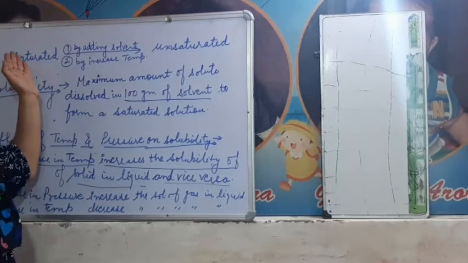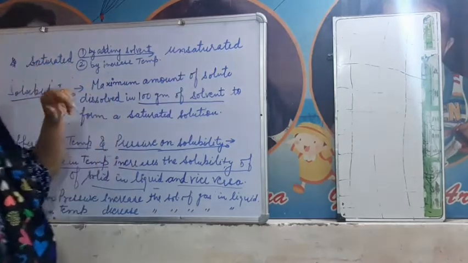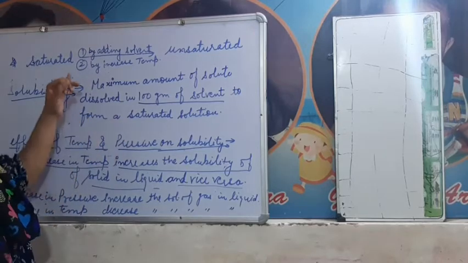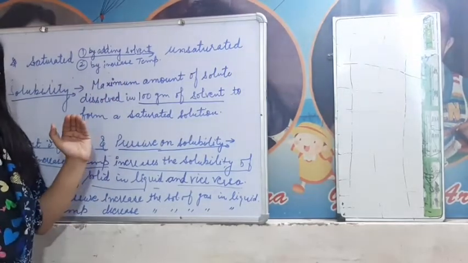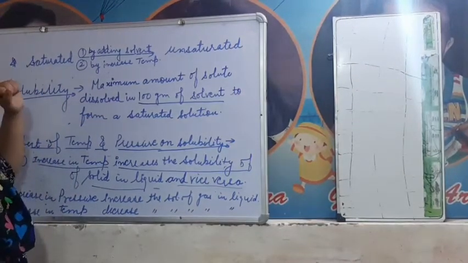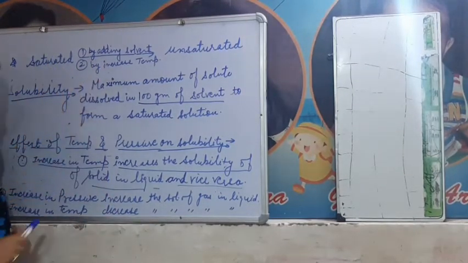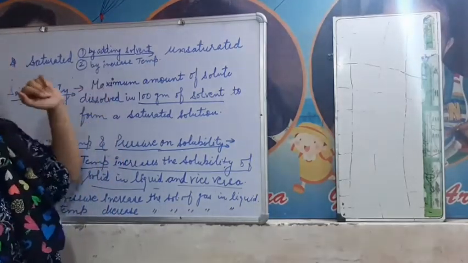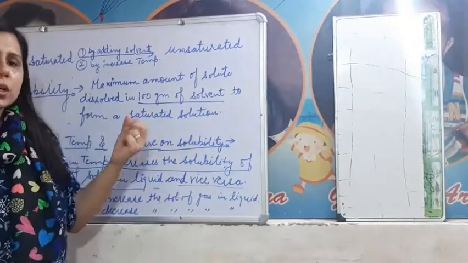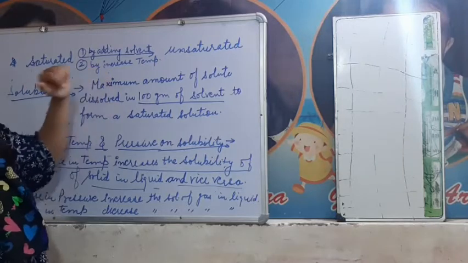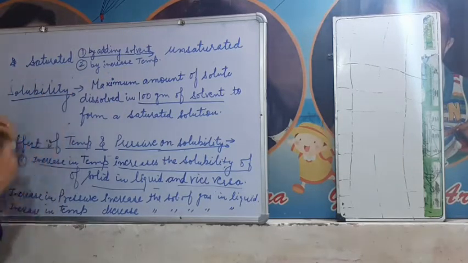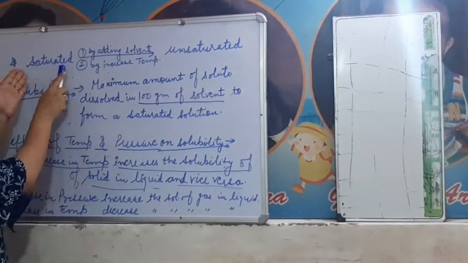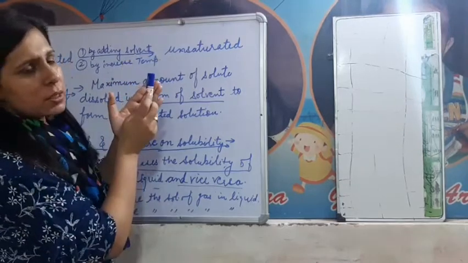Now a saturated solution can be converted into an unsaturated one in two ways. The first is by addition of solvent, more solvent can be added there, and the second is by increase in temperature. Increase in temperature means you start giving heat to the solution. So by adding more solvent, more solute starts to dissolve in the solvent. And by increasing the temperature, by giving heat to the solution, again more solute starts to dissolve in the given amount of solvent. So if more solute starts to dissolve in the solvent, you may see the saturated solution is convertible to an unsaturated one.